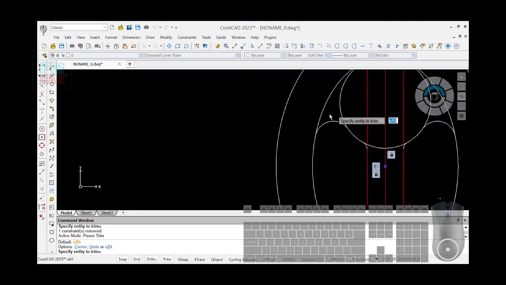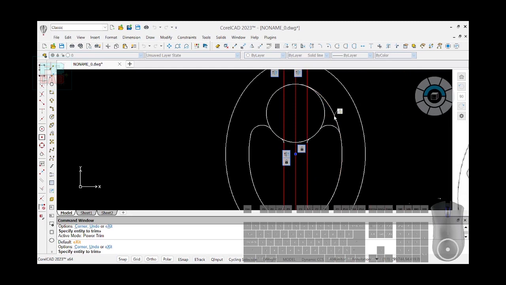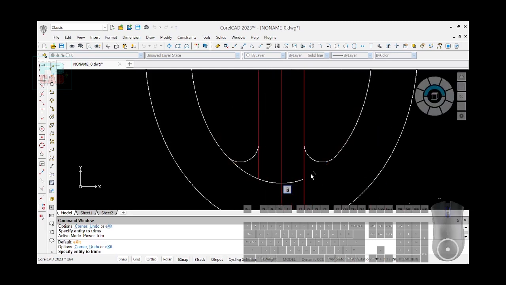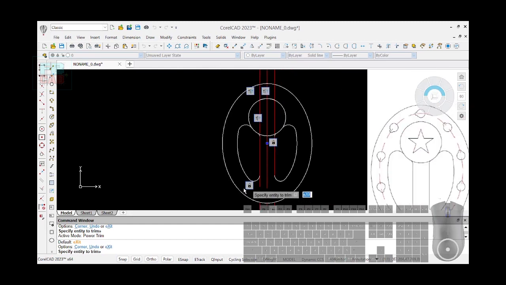Okay. Power trim. Power trim. So if you look at it perfectly, we are good to go. So we are left with